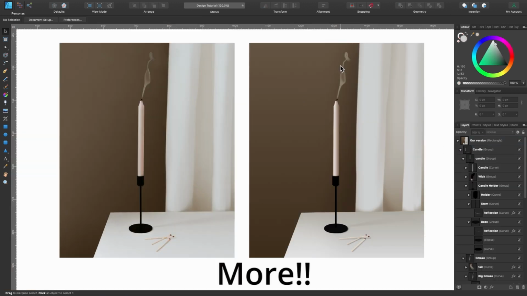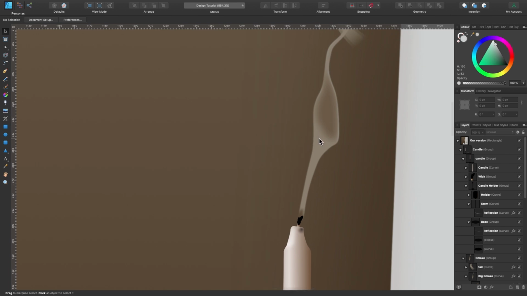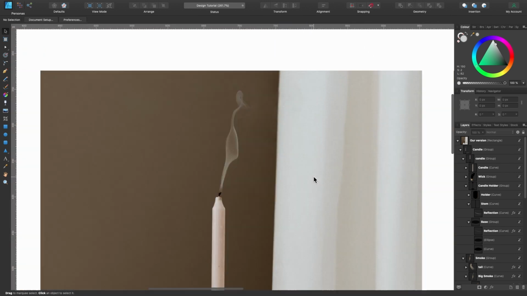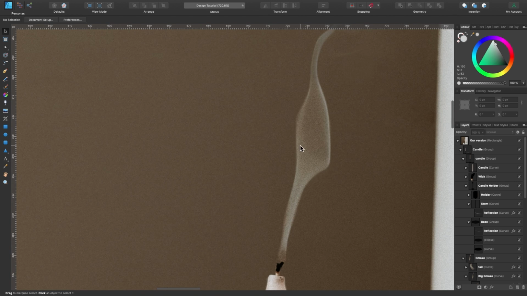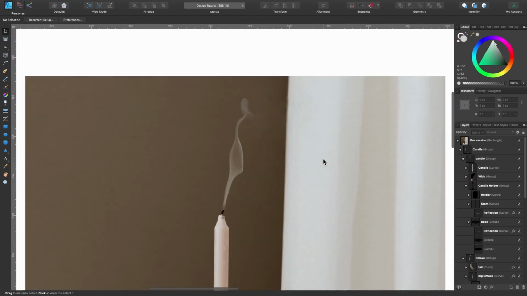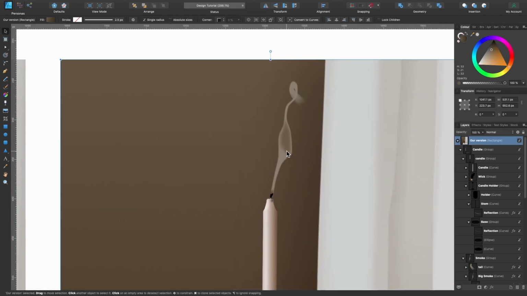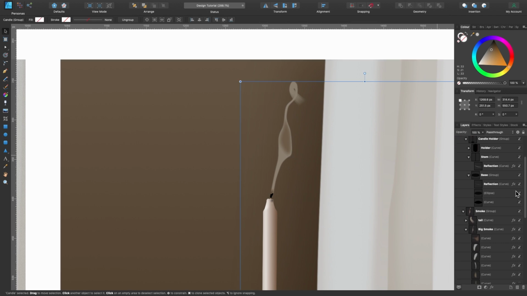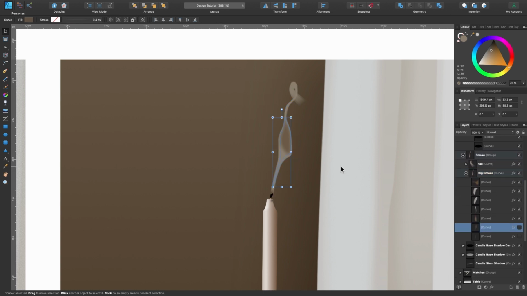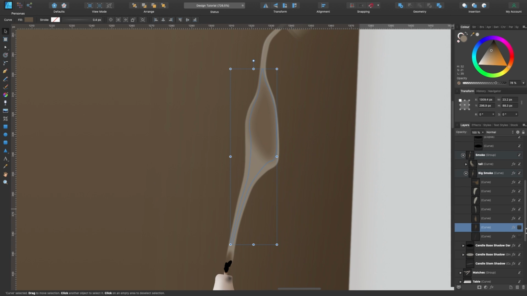So after a little bit more of fine tuning, I changed the smoke. So if you see it here, this is all kind of one color there. If we go over to the smoke, it kind of seems to funnel down like that. So I just added a couple extra pieces to that. So I'll just find it here in our layers panel, and you see because it's named, it's easier to find. So I added these 2 at the end here, and they're just shapes again with Gaussian blur.